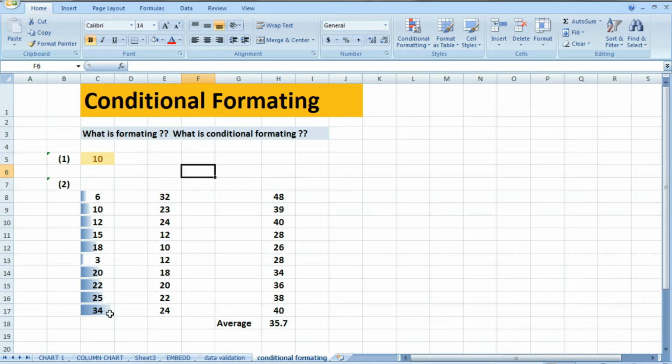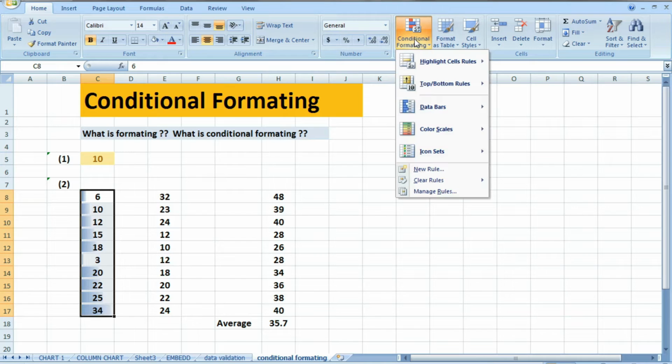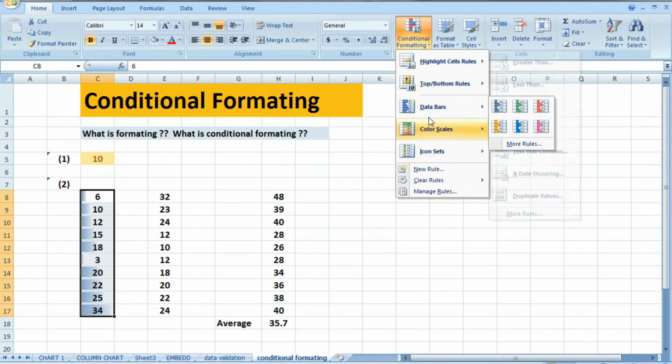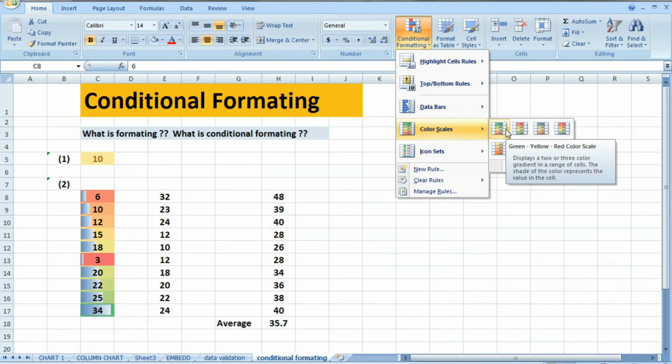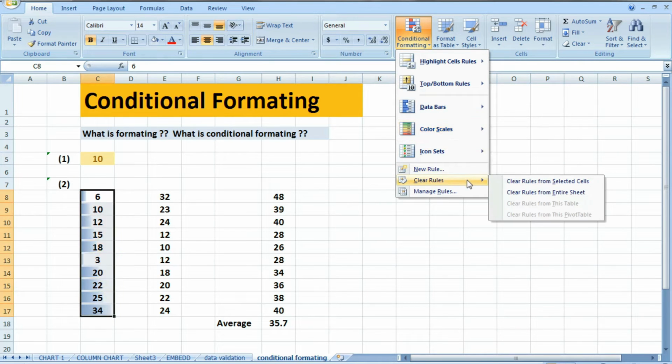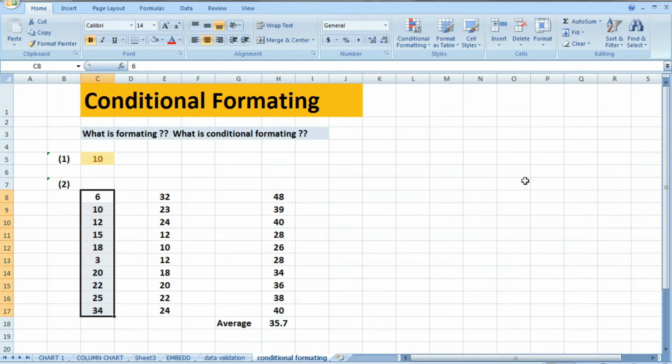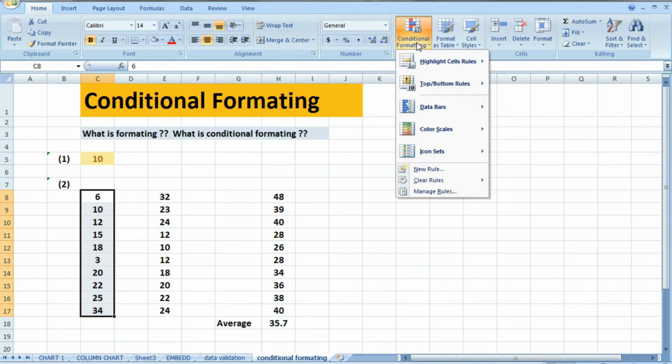So 34 is the highest value in this data array, so it shows a bigger grid line. Like you can apply another conditional formatting, like colors. You can change the color. Okay. Then clear rules. Then you can see there is no formatting here.